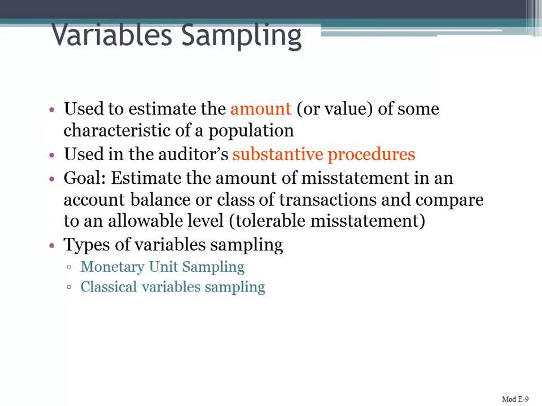So in evaluating the account balance or value in that account, you're evaluating it against your tolerable misstatement, or you're looking at the materiality. How material is that misstatement or error that you find? So again, as I said, we'll talk about this next week, but there are two types: monetary unit sampling and classical